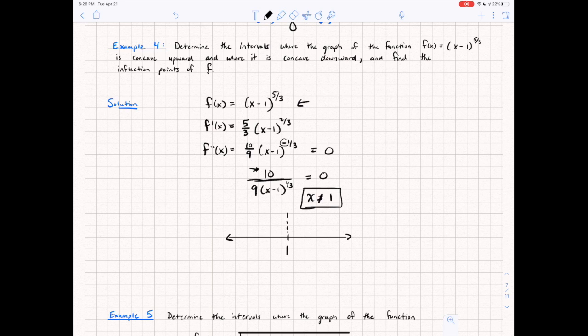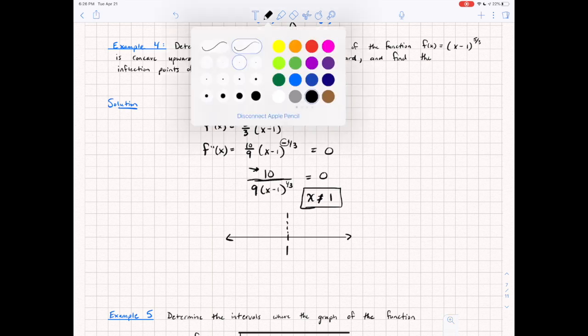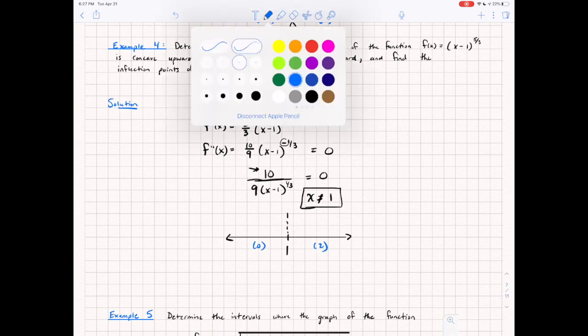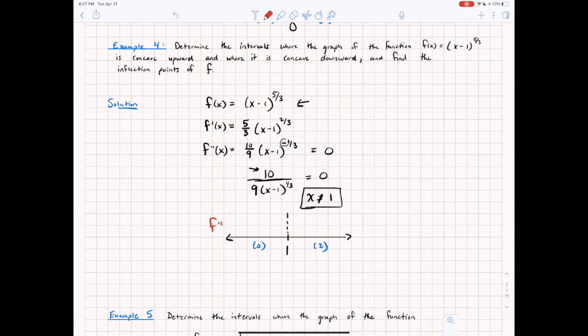I can't use it, so I'm still going to use a dotted line for that. My sample point, I could do 0 or I could do 2. And then again, I'm plugging this all back into the second derivative, given that's where I am at. So I'm just going to draw a line here to keep it separate. All right, so plugging 0 into here, this would give me negative 1 to the 1/3, which is still negative. So overall, this would be a negative result. If I plug in 2, that'd be 2 minus 1, so it's positive, and that'd give me a positive result